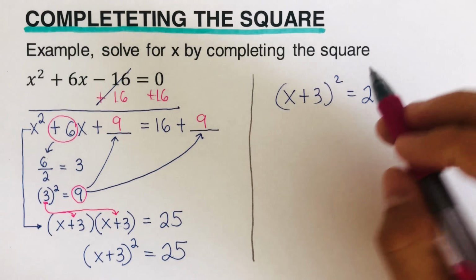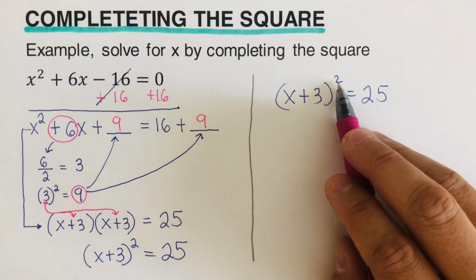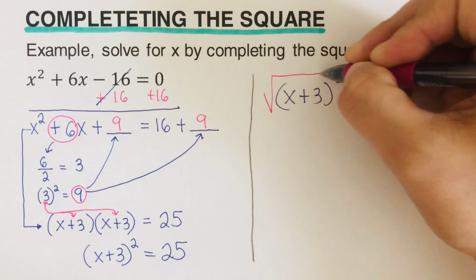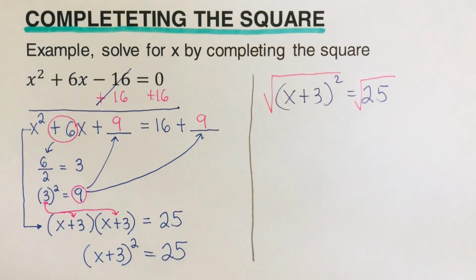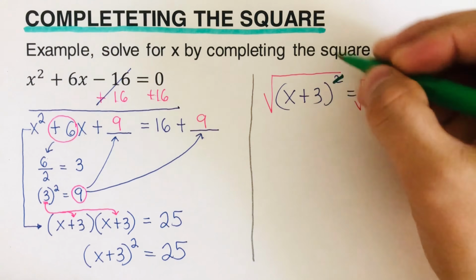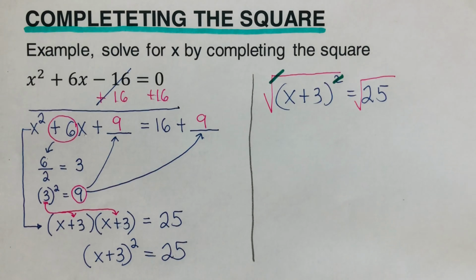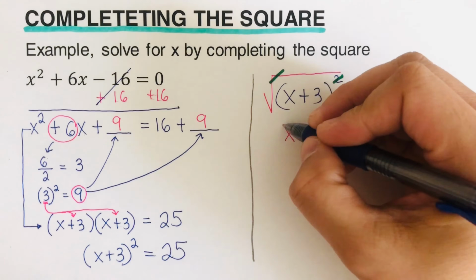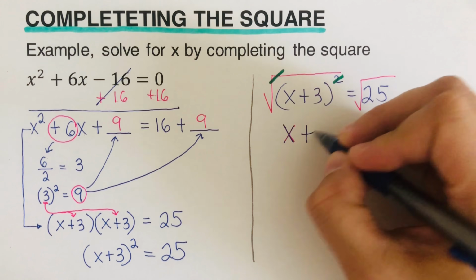I want the x, so I need to get rid of the squared. I put a square root on both sides. So I square root the left side, I square root the right side of the equation. So I'm going to cross this out. So I am left with x plus 3, and I'm going to use a different color pen for that. So x plus 3